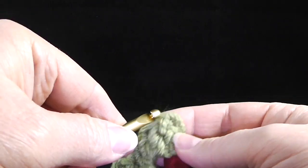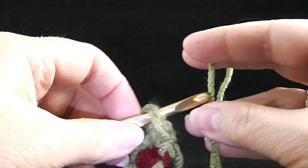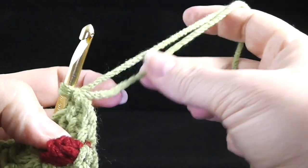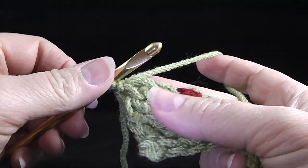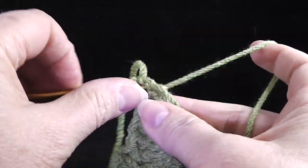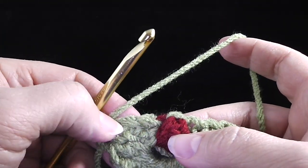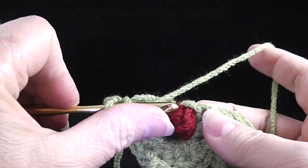I'm going to join in the stitch right here on the end. I'm going to join with a slip stitch just like so, leaving a nice long strand so that it'll be easy to hide this later on. Okay, I'm going to single crochet in this place that I joined. Okay, I'm going to skip the next 2 single crochets and working in the top, which is that green chain